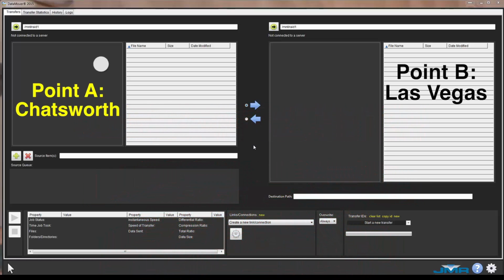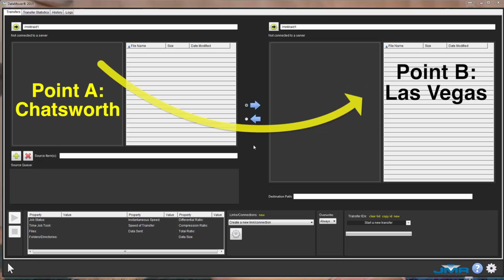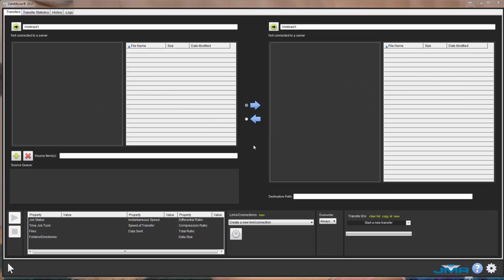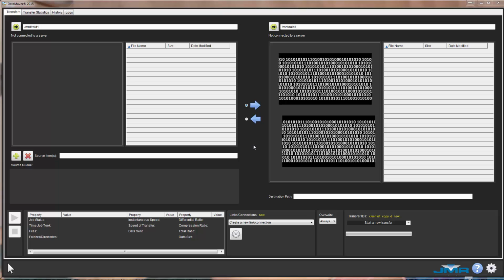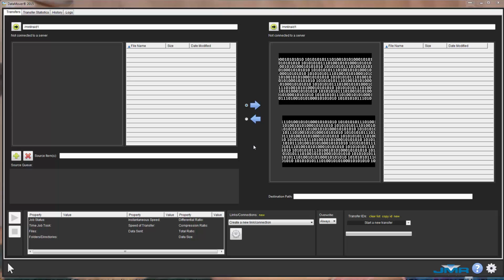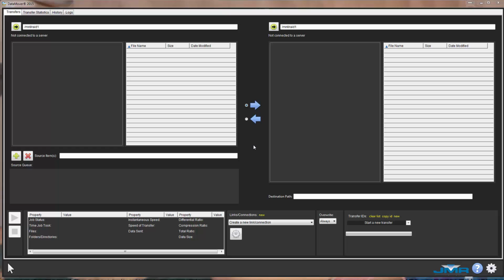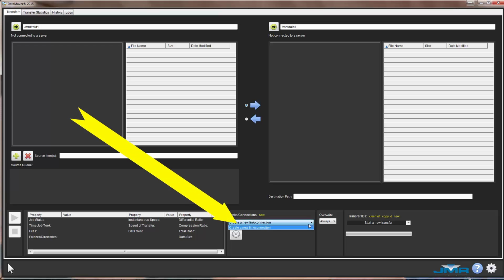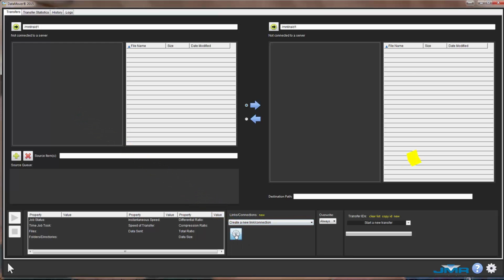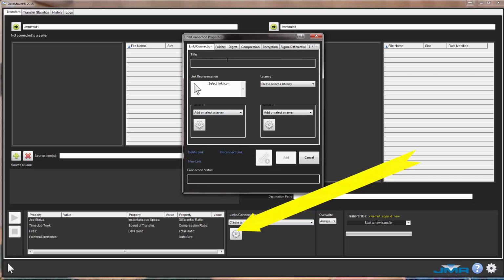This demo shows the entire process of creating a connection between two locations, which you only need to do once, and then initiating the transfer. Communication is bidirectional. To initiate a transfer, go to the application resembling dual file browsers. If you previously created a link, select the desired link connection, otherwise click on the gear icon in the link